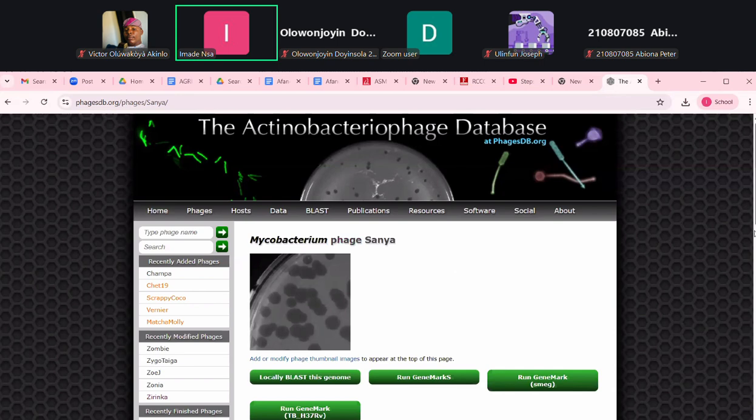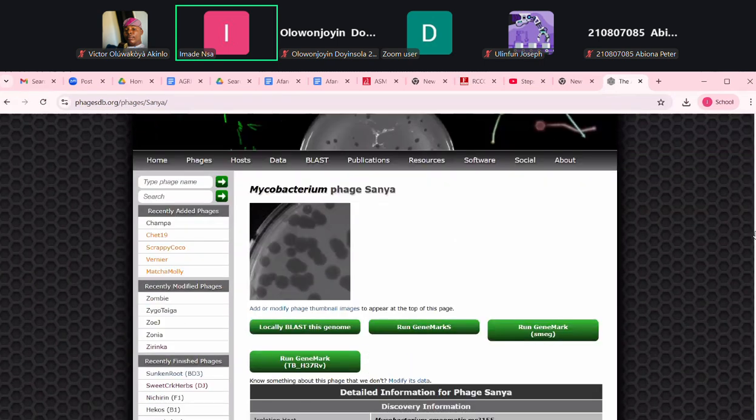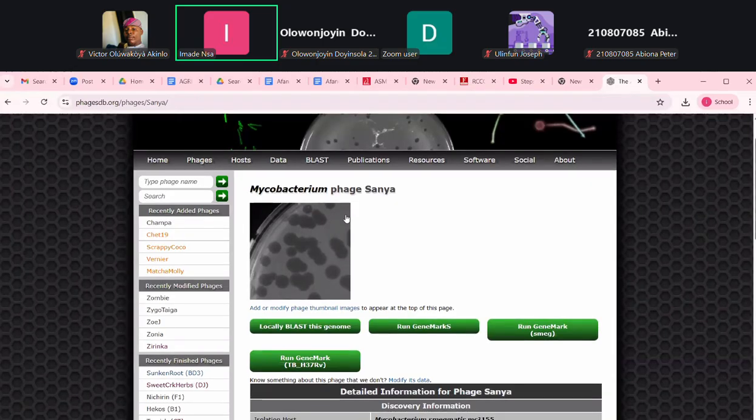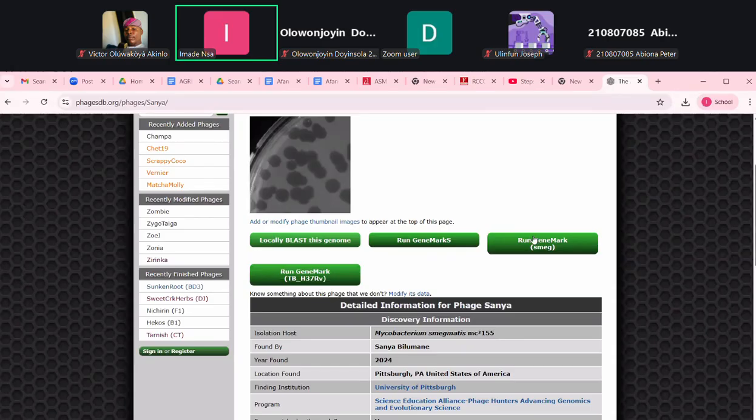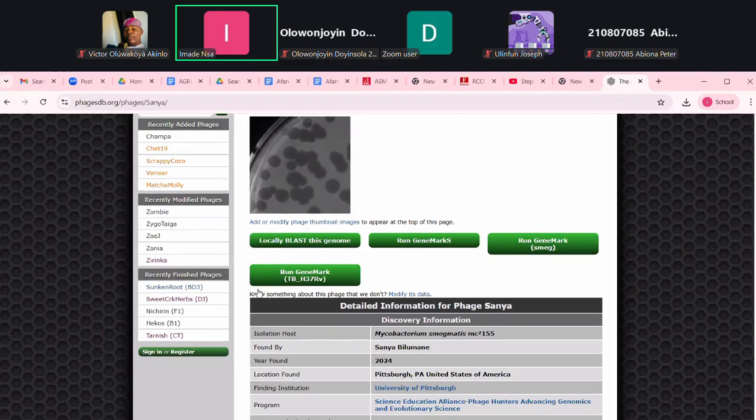So on the landing page, the first thing you see is these clear things, mirror images are plaques, as I was describing, and this place is a lawn of bacterium, the fuzzy part. And you can see that there's BLAST, if you remember, that the PhagesDB website too has BLAST. You can run GeneMark. GeneMark is a software that identifies START, and you land and you see that there's